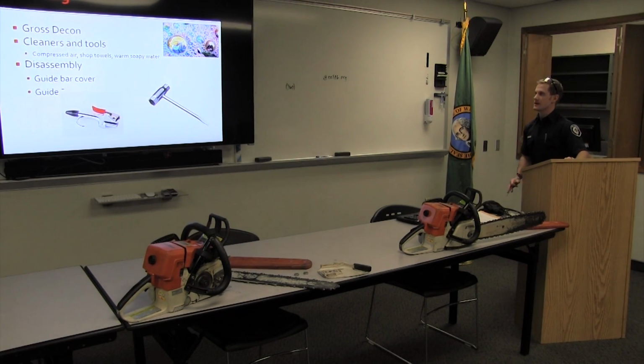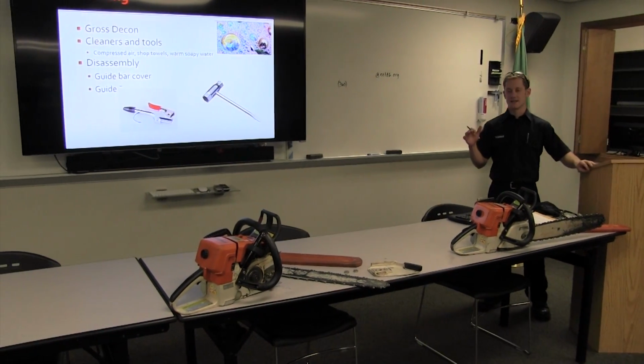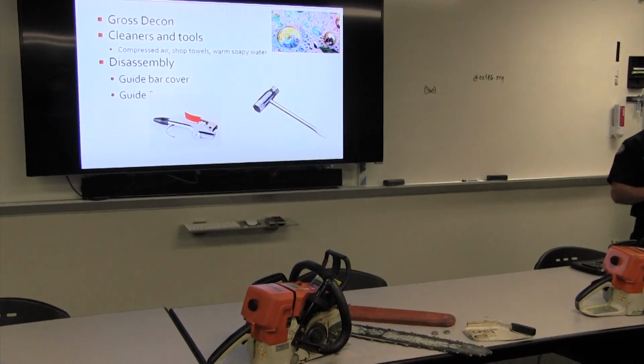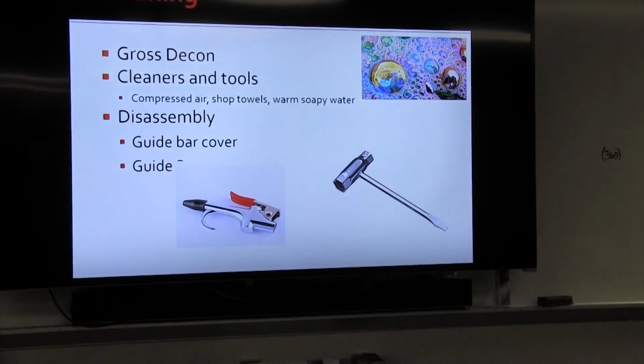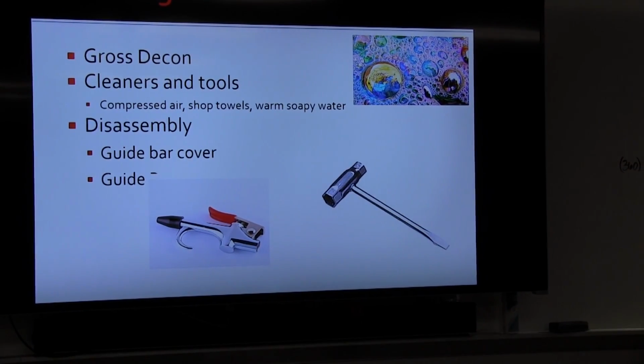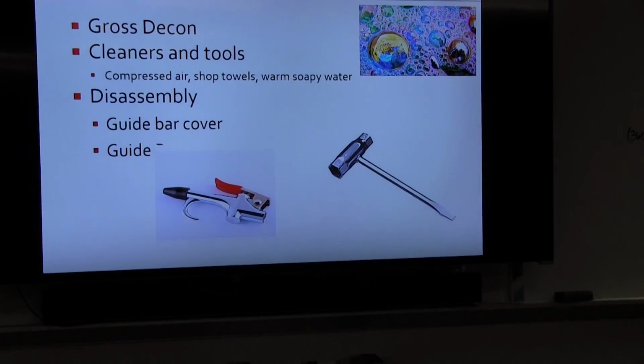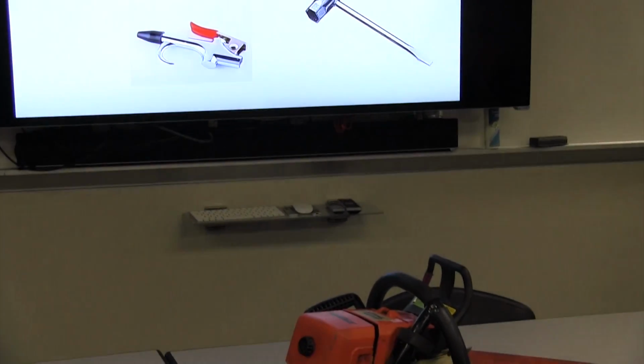So, cleaning. This is way more important in structural firefighting than in, say, wildland or the use of your home saw. I mean, at home, where you're just cutting brush and wood, you just have to worry about sawdust or branches. In the fire service, we're cutting drywall and insulation and tar roofing and garage doors and water pipes and